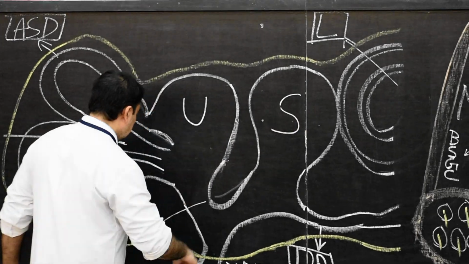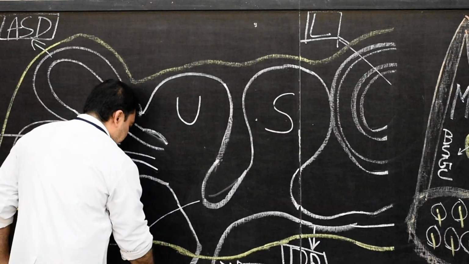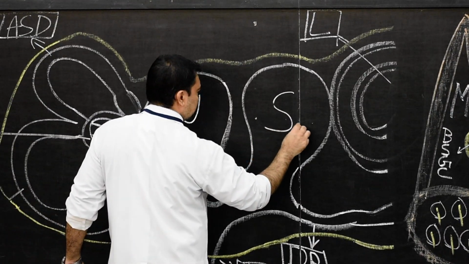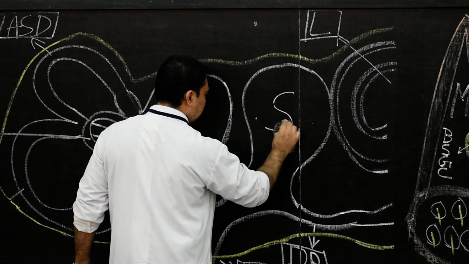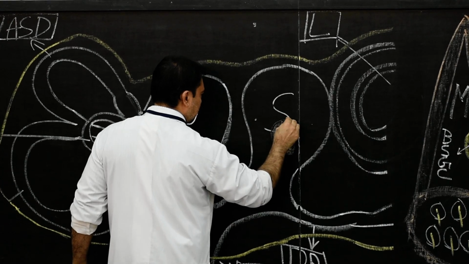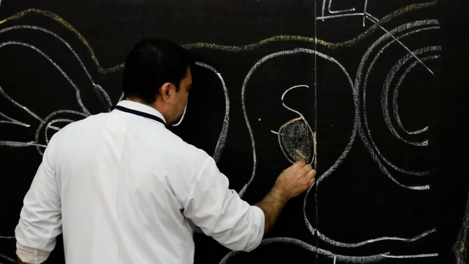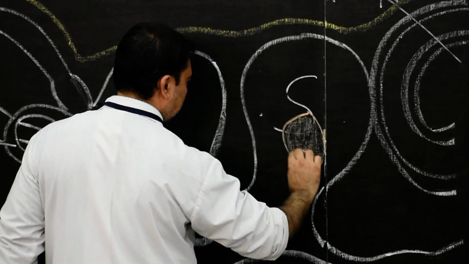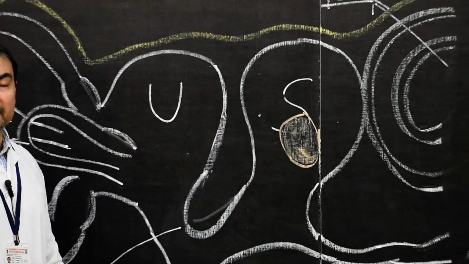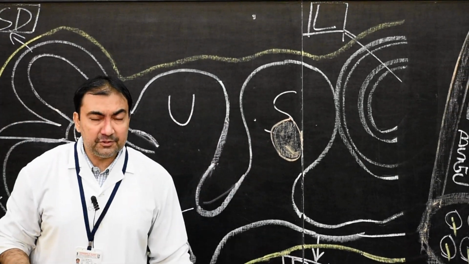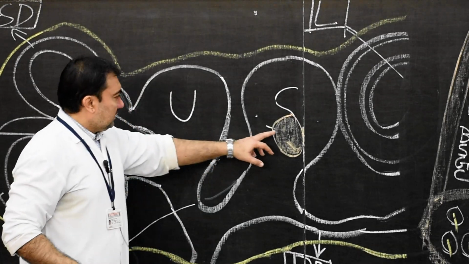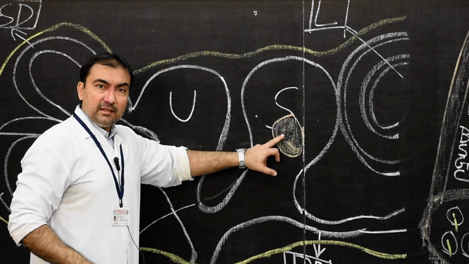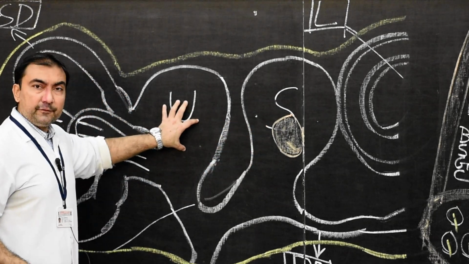I am going to draw that. I will show a small discoloration, and that small discoloration on the medial surface of the saccule will be known as the macula. So the specialized receptor cells of the saccule are located on the medial wall of the saccule. One mark question answer: on which wall of the saccule is the macula located? Medial wall. Now here, this along with the macula of the utricle.